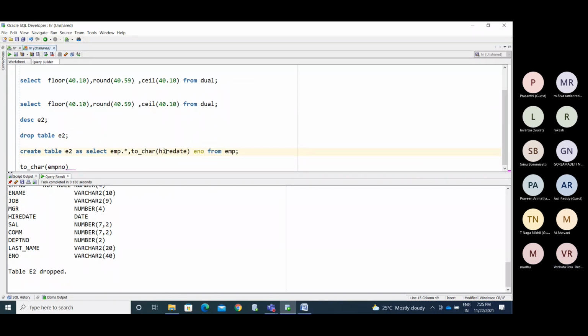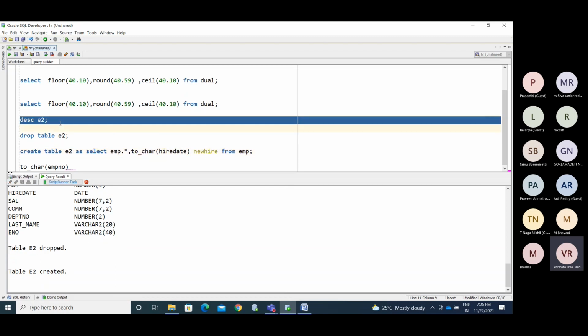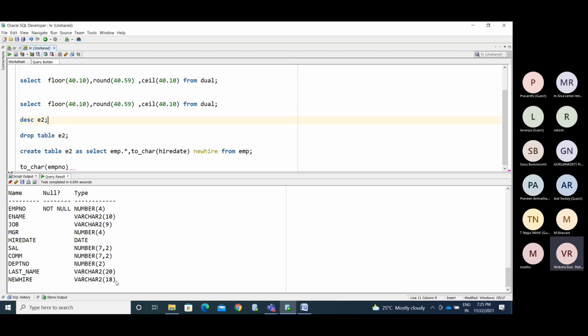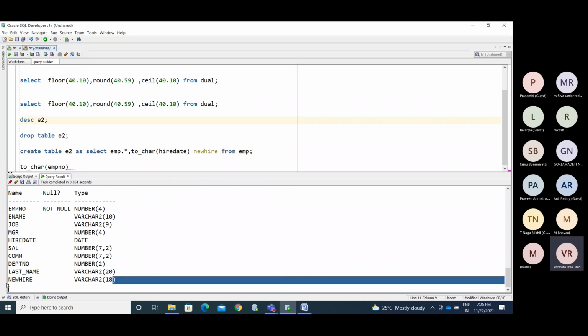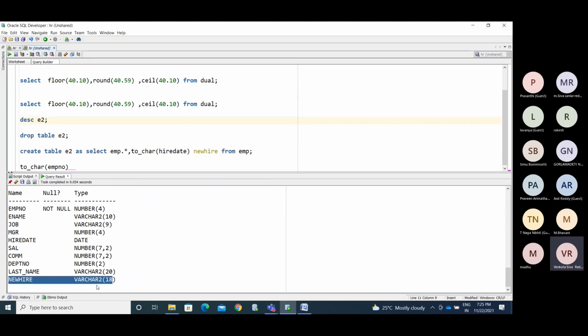New hire. Now I'm making it as the same column. Describe this table. Now see, the new hire column is created with varchar of 18.